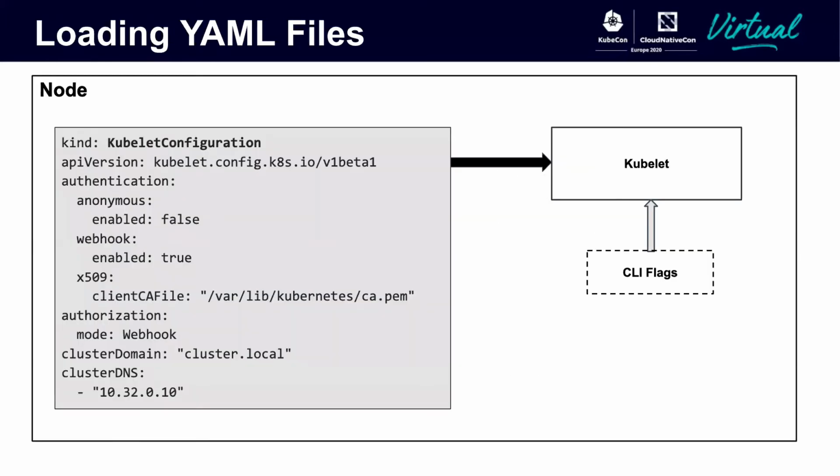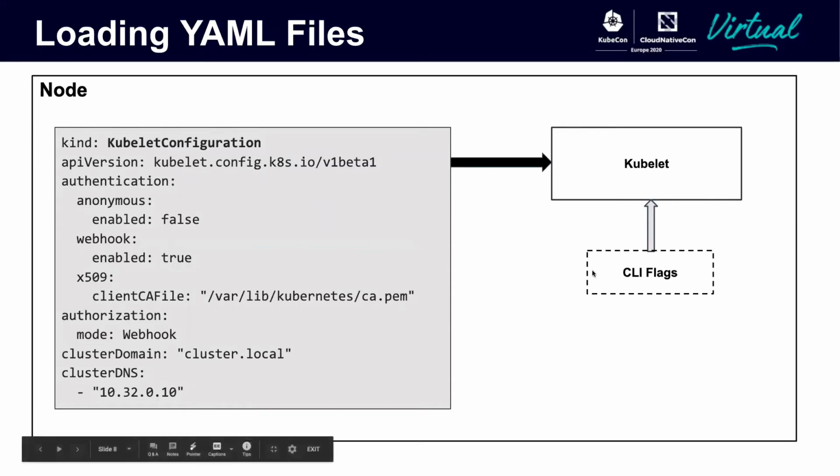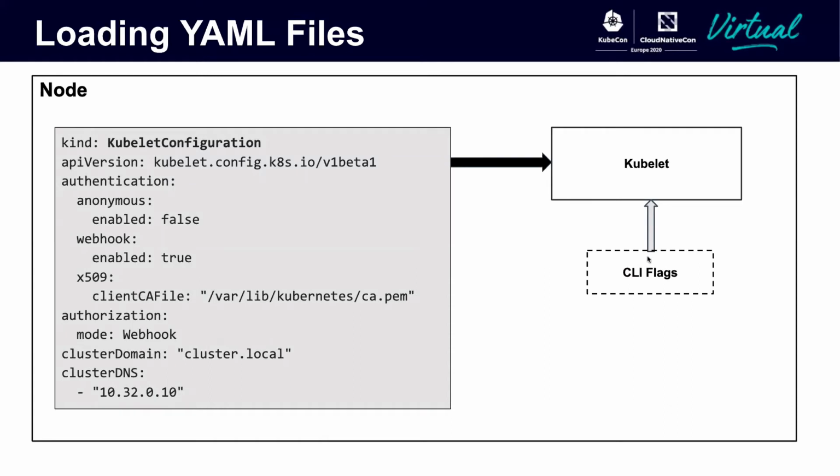All right. So this is the configuration. It's called Kubelet configuration, and this is a component config for the Kubelet, right? If you installed a cluster before, if you did Kelsey Hightower's Kubernetes the Hard Way, you've probably seen this before, created it yourself. This config file you pass to the Kubelet when you start it. Now, this goes alongside the CLI flags as well. The CLI flags configure the Kubelet too, but in the future, we want to phase out the CLI flags completely.